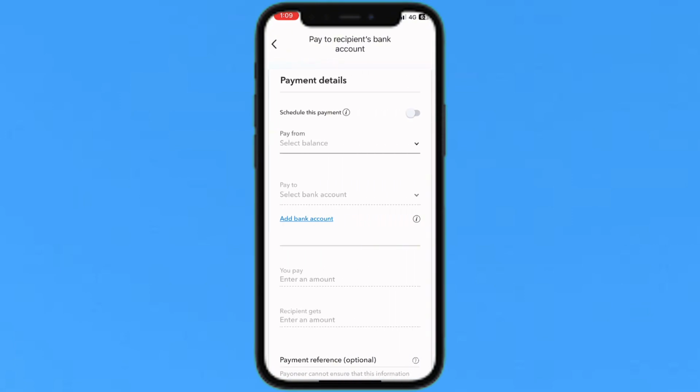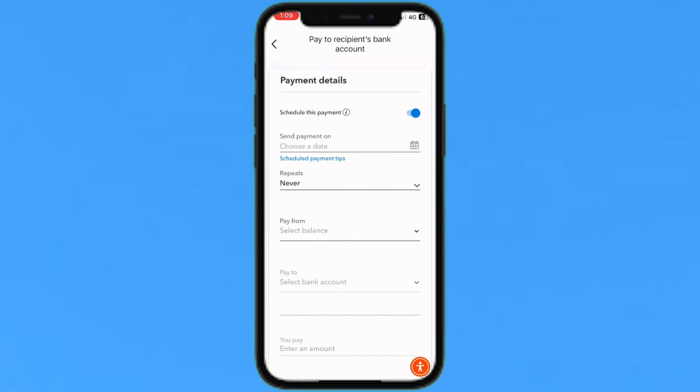and payment details. You will see "Schedule this payment" at the top. You can also turn on the button and pay from a selected balance which you have in your Payoneer account, and add a bank account. So you will see "Schedule this payment", turn it on please. And right now you will have to send the payment, choose a date, and fill in all these things and